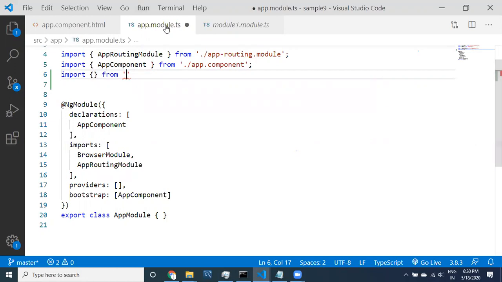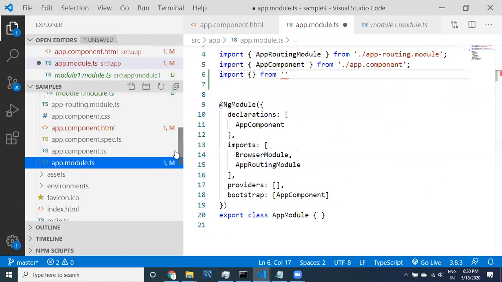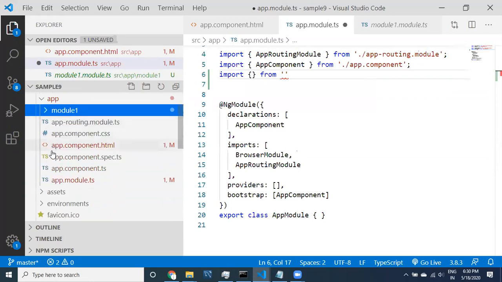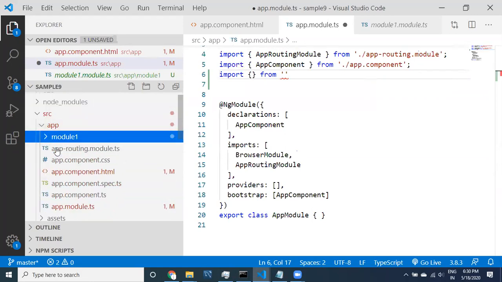We are writing the app module, right? Okay, so we are in the app module. Check the folder. See here guys, if you want to do it manually, you have to check the folder structure. You are writing code in the app module, and you need to refer to the file inside the module1 folder.